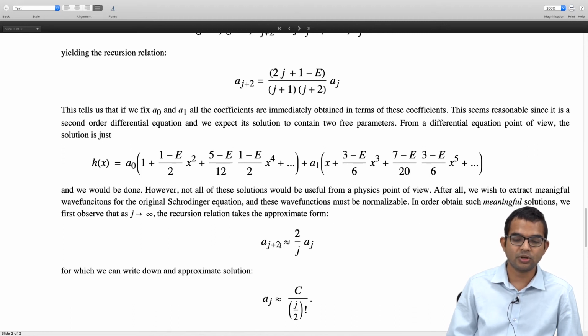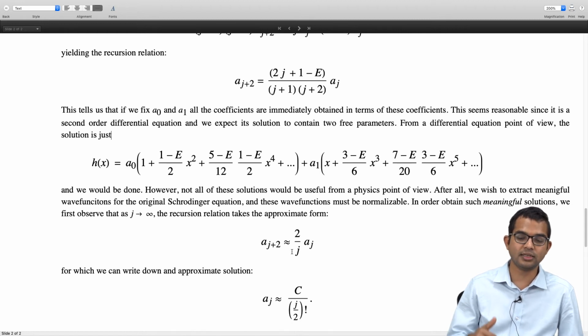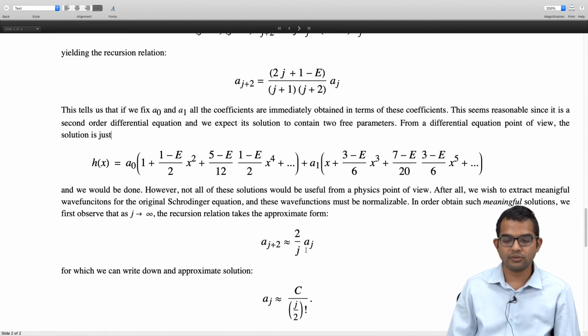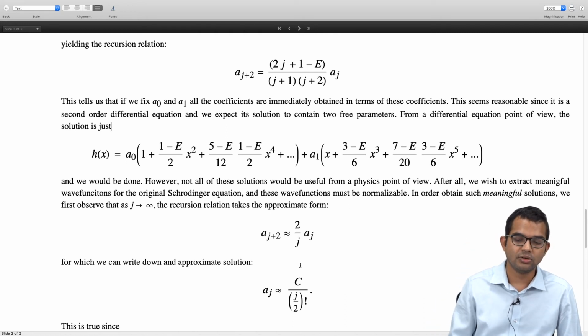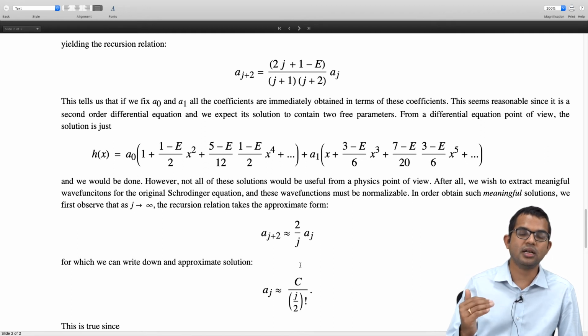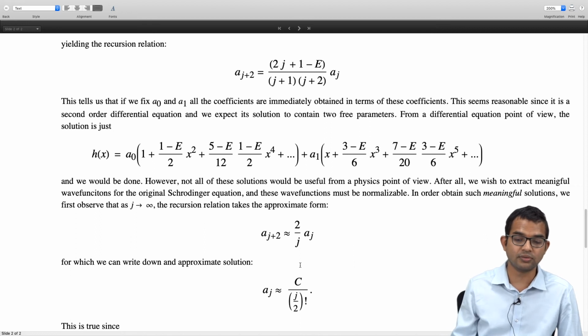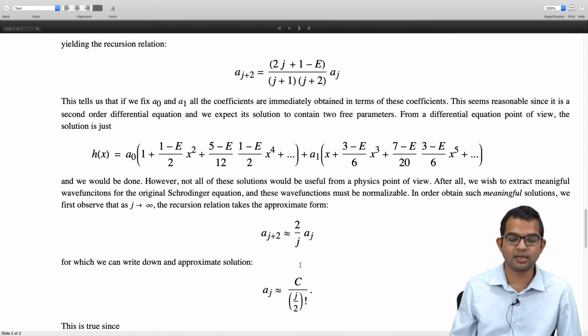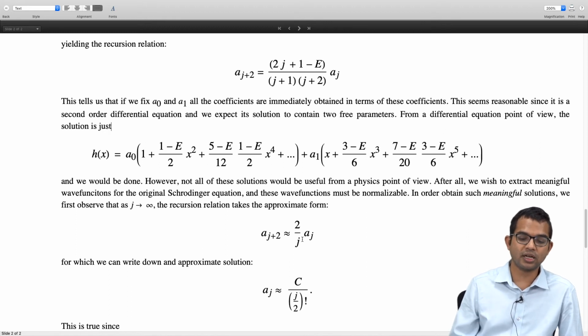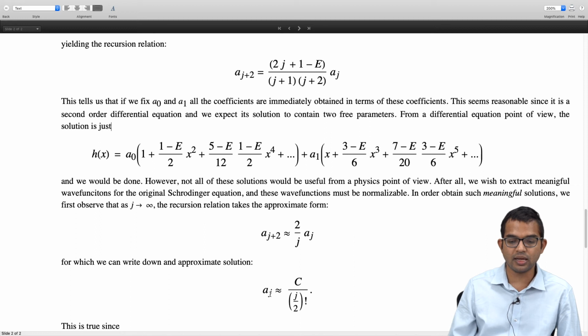Some more thought reveals that in fact we can write a closed form expression for a_j, because of this property that a_(j+2) goes as a_j divided by j, with a factor of 2 involved as well. So there is a factorial connection which comes to mind, because a certain number and the one 2 more than that are related by a factor involving that number itself. So you have to play with this idea that there might be a factorial involved, and work out exactly what the solution is.